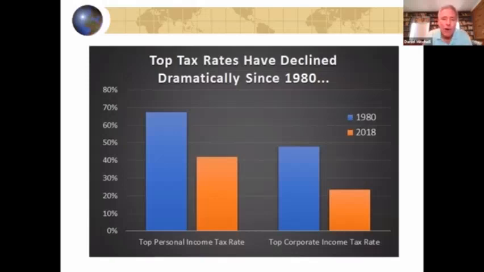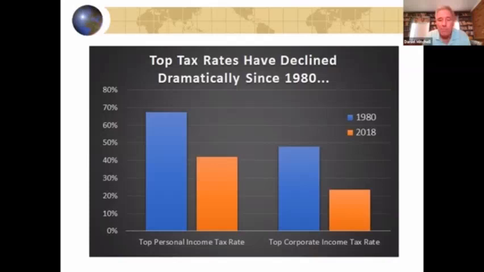Now let me look at all of the developed countries of the world. This is data from the Organization for Economic Cooperation and Development. I looked at the tax rates on basically countries from North America, the Pacific Rim, Japan, Australia, New Zealand, South Korea, as well as Western Europe. And in 1980, on the left, you can see in the blue bar that the average top tax rate was about 67, 68%. And you can see on the right side of the screen that the average corporate tax rate